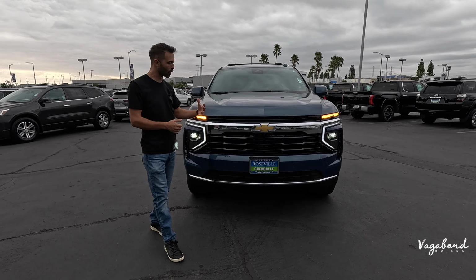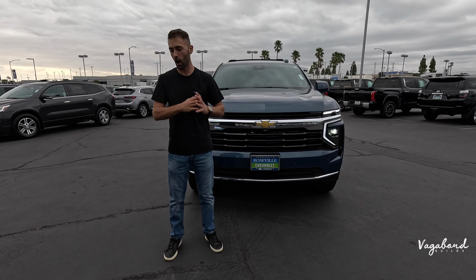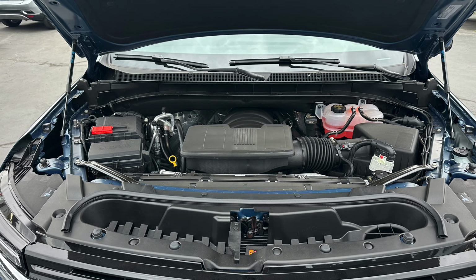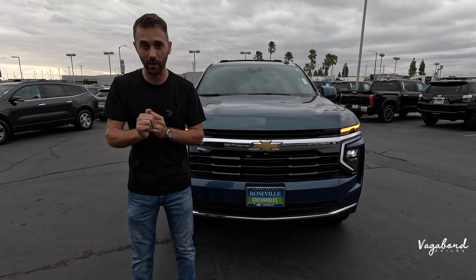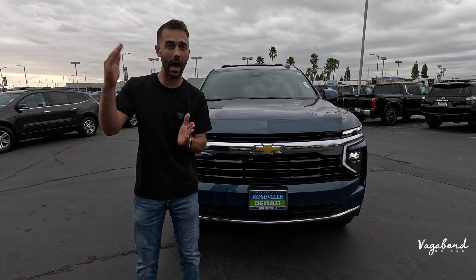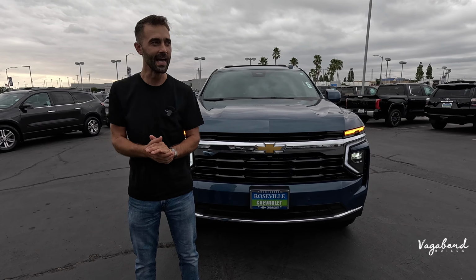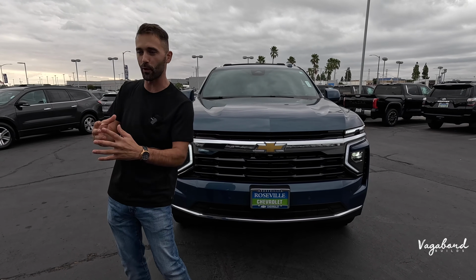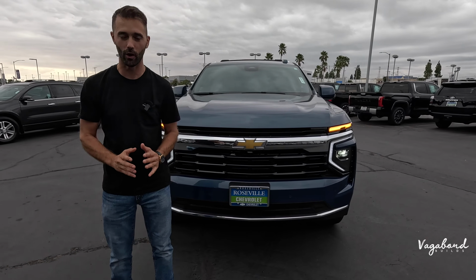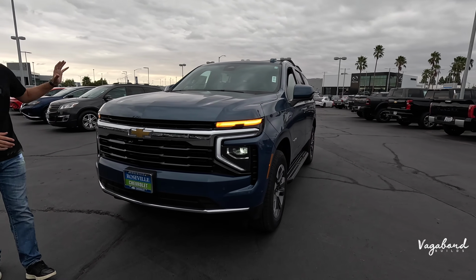What do you get? Let's first talk Tahoe. You get 3 different engine options in the Tahoe lineup. You're getting a 5.3 liter Ecotec V8, which comes with 355 horsepower and 383 pounds-feet of torque. You also get a 6.2 liter Ecotec V8 in the higher trims, coming in with 420 horsepower and 460 pounds-feet of torque. Then you have the nice 3.0 liter diesel option. Now, those sell like hotcakes on the market, honestly. I don't know the horsepower and torque, so forgive me for not quoting those, but they all come with a